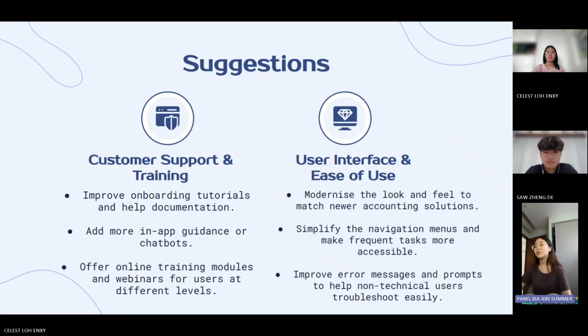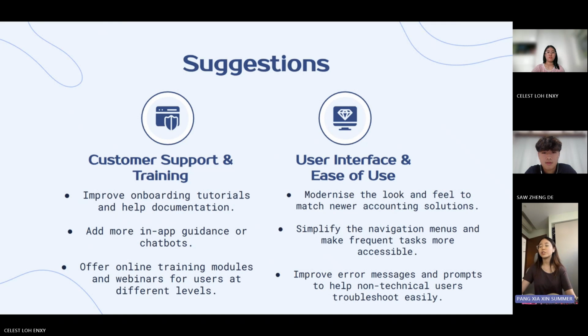software. Secondly will be user interface and ease of use, where you try to modernize the look and feel to match the newer accounting softwares. Because right now the ABSS software looks very old, so modernizing it to look the same as the newer software would be good. And to simplify the navigation menus and to make frequent tasks more accessible, and to improve error